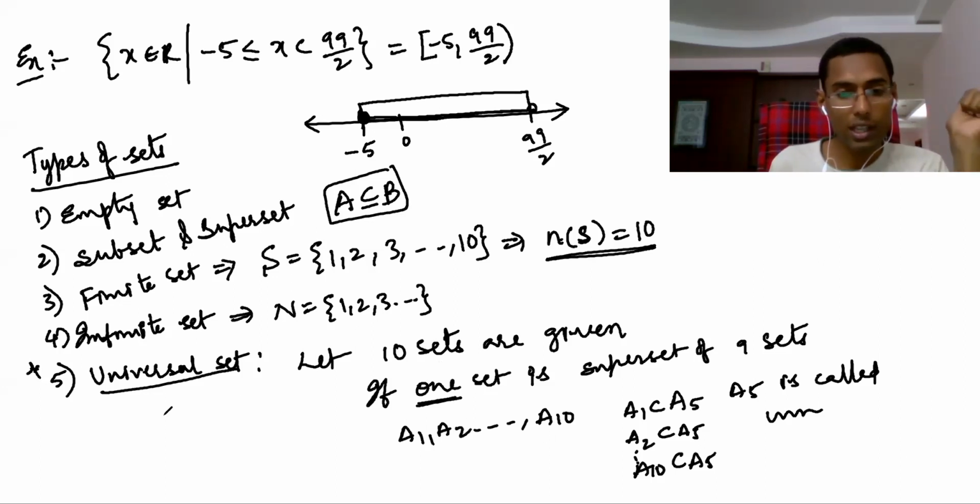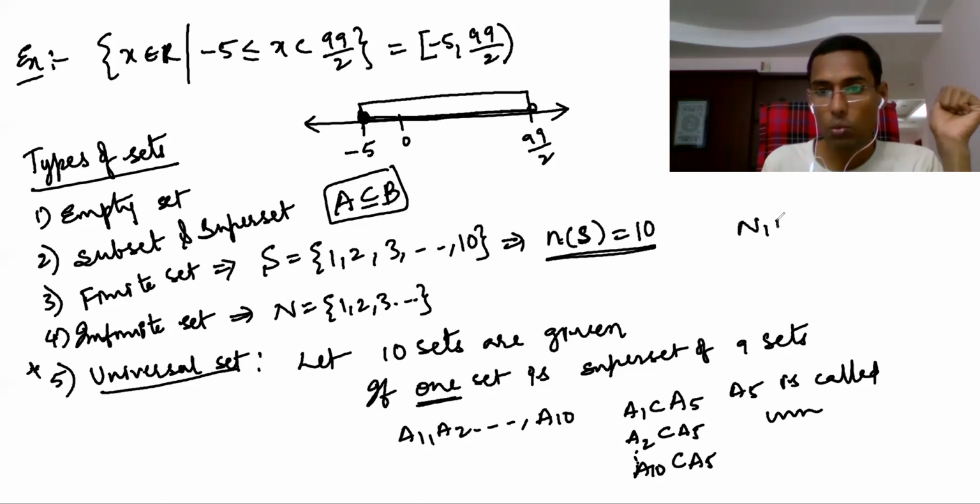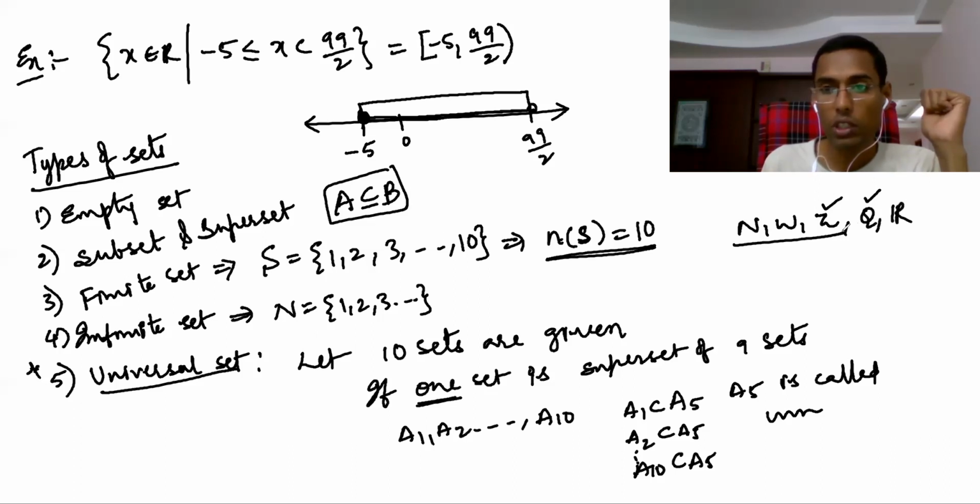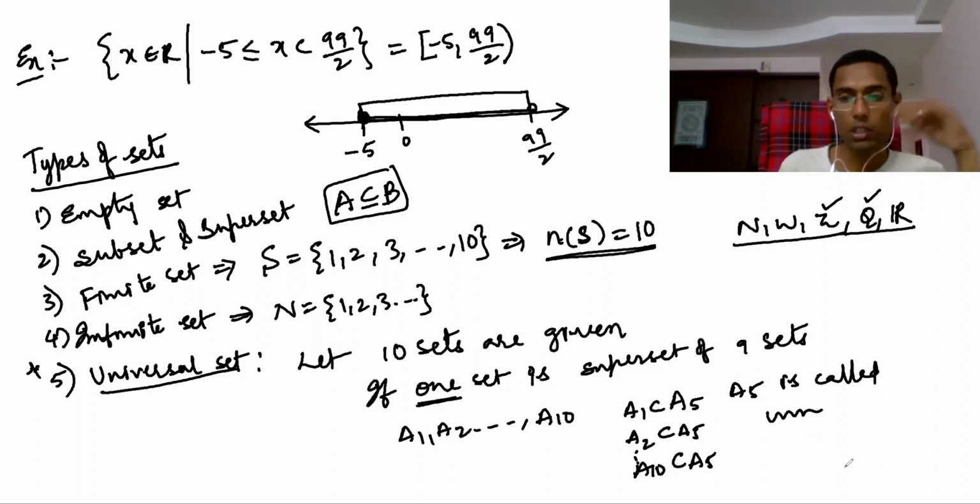Now let's consider natural numbers, whole numbers, integers. In this, what is the universal set? Z is the universal set. If I write rational numbers, what is the universal set? This is the universal set among these 4. Now if I write real numbers, so these 5 sets I considered. If I consider 5 sets, R is called the universal set for these 5 sets. Universal set means that.